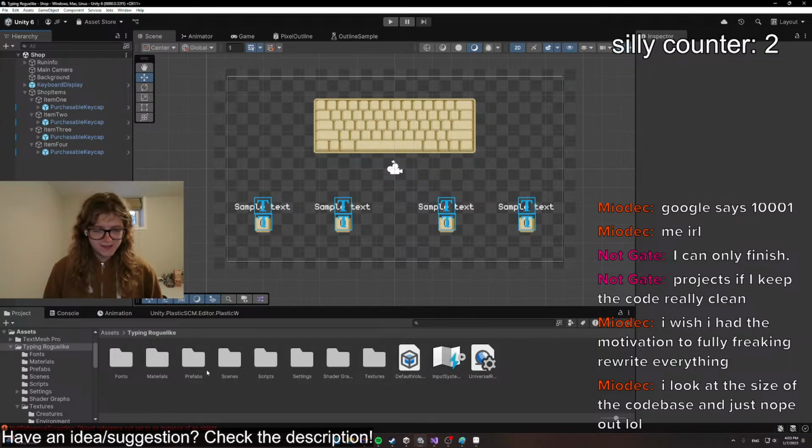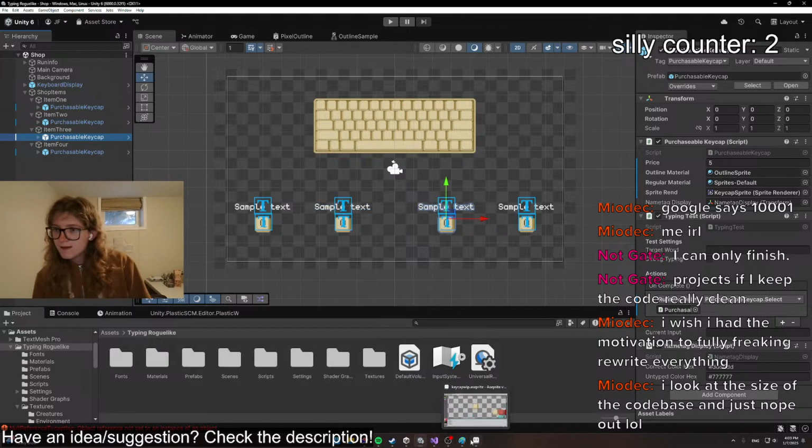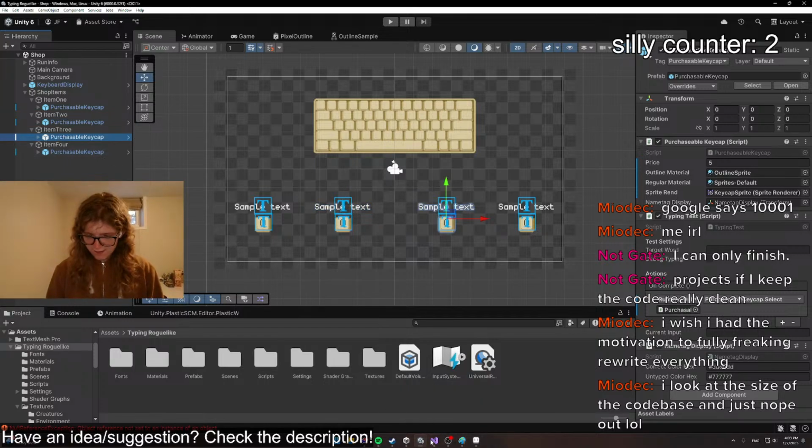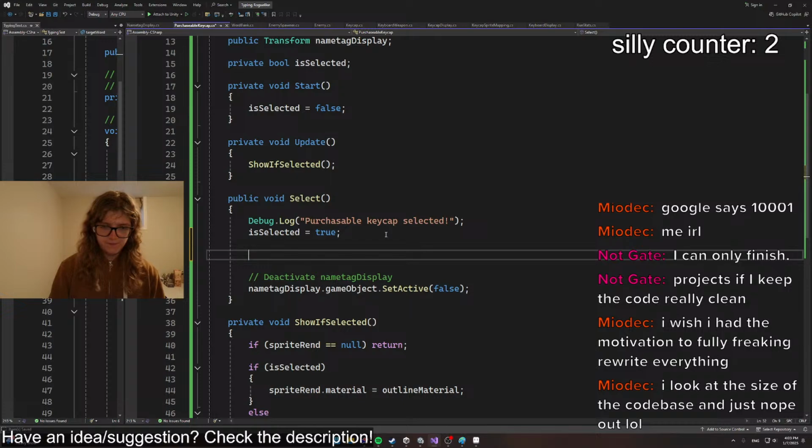It is very annoying to switch between files. I don't know. It just feels like it adds up, I guess. Alright, name tag display. Okay. These all have the tag. So then